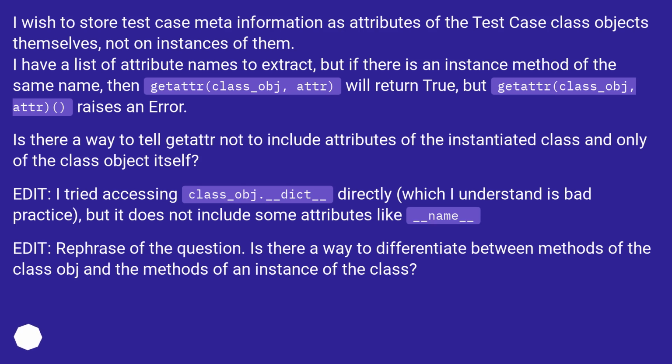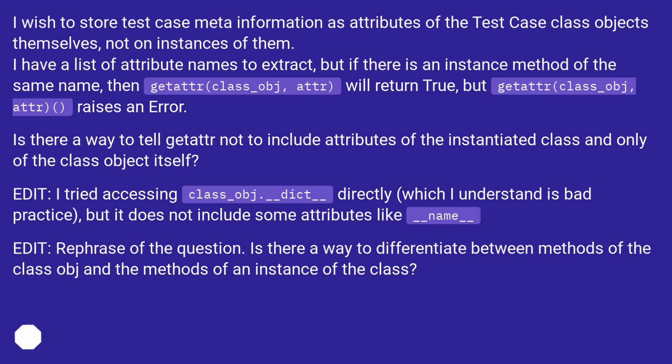I wish to store test case meta information as attributes of the test case class objects themselves, not on instances of them. I have a list of attribute names to extract, but if there is an instance method of the same name, then hasattr(class_obj, attr) will return true, but getattr(class_obj, attr) raises an error. Is there a way to tell getattr not to include attributes of the instantiated class and only of the class